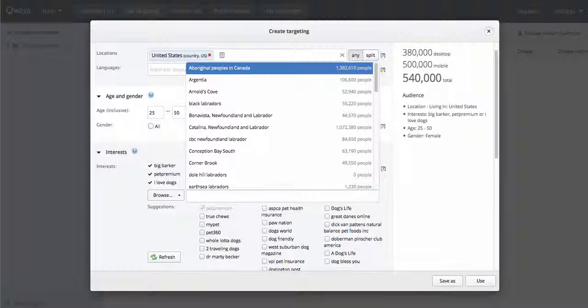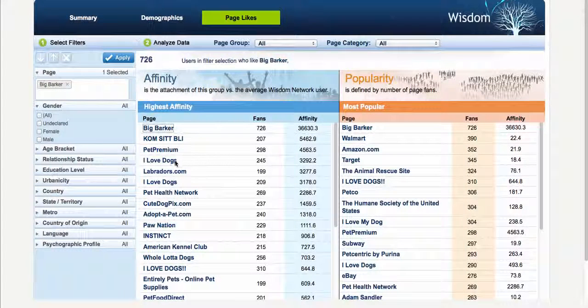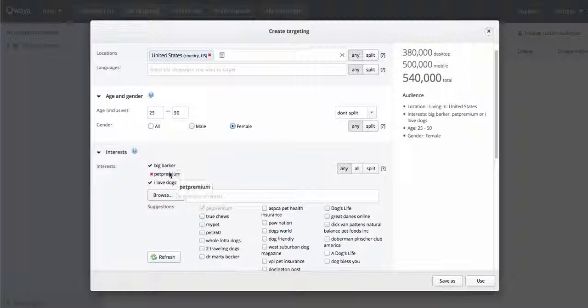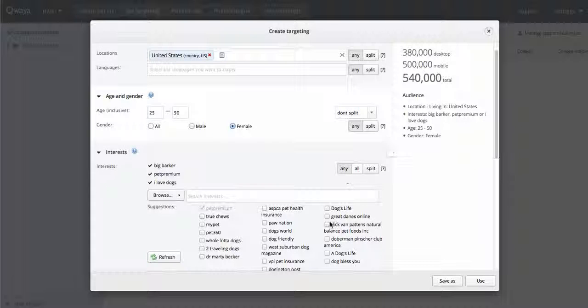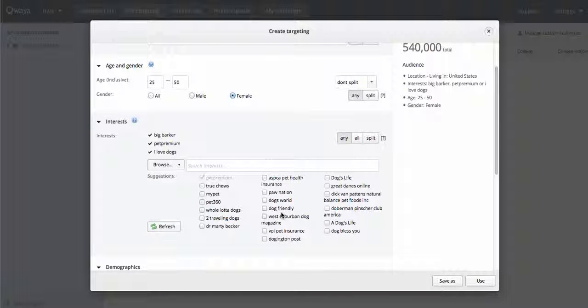And then what we're going to do is keep going, you get the idea. We're going to keep going through this one by one, find the ones that are available as interests, and we want to build this up to where we have like 30 to 50 of these interests in here. If you can't get 30 to 50 from this list, then what you want to start doing is looking at the suggestions down here. Before you just add them, what I would suggest you do is go out to Facebook, look up that page, make sure that it's closely related to what you have to offer, and that the person that you're looking for should be a fan of that page